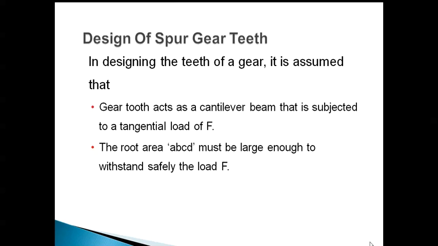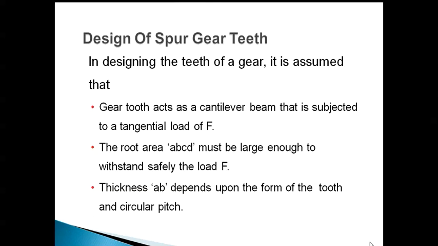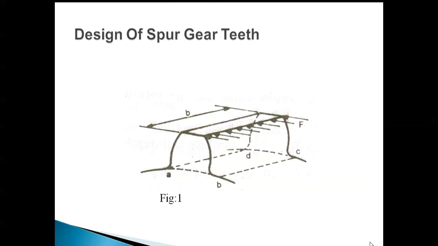The root area ABCD must be large enough to withstand safely the load F. And thickness AB depends upon the form of tooth and circular pitch. So this is a gear tooth. It has a rectangular shape at the bottom, that is ABCD. This area must be enough so that it can withstand the load F which acts tangentially on the